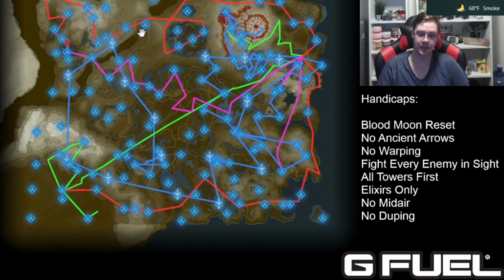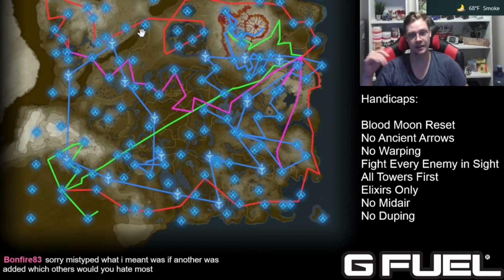With this list of handicaps you already have, are there specific added handicaps you are dreading more than others? Like, are there some of these below here that I'm dreading more than others? No. Warping is really dumb. I've done fight every enemy in sight, and it sucks. But I feel prepared for it. More prepared than I was in my last run, so not too bad. Blood Moon Reset is kind of an ominous one, because we can still get Panic Blood Moons, even though we don't have Time of Day activated. That kind of sucks. But the plan is to do everything that we can with the Time of Day not active. And then once we have everything we can...